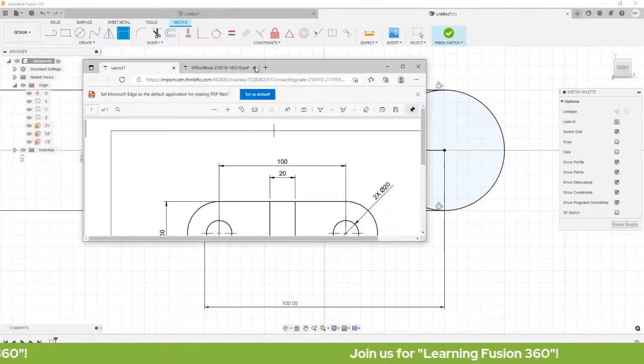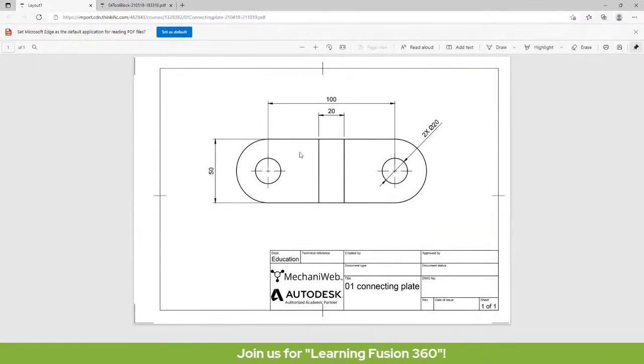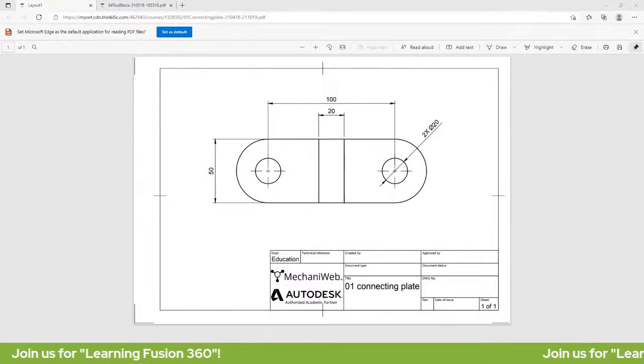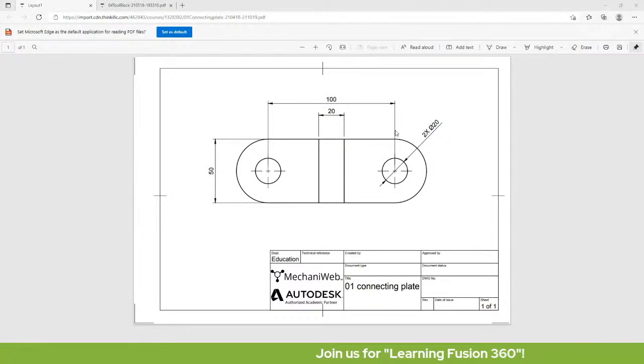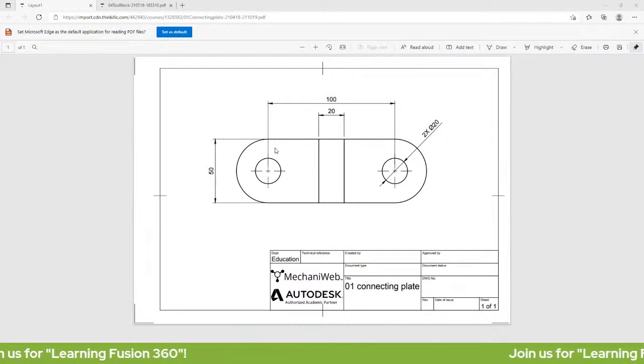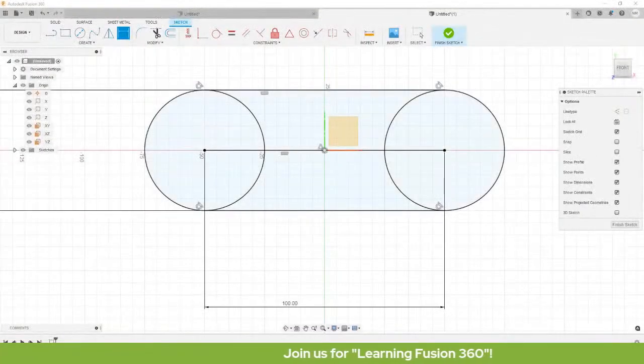So sa ating sketch, meron siyang circles. Meron tong circle. So, add na natin yung ating circles.